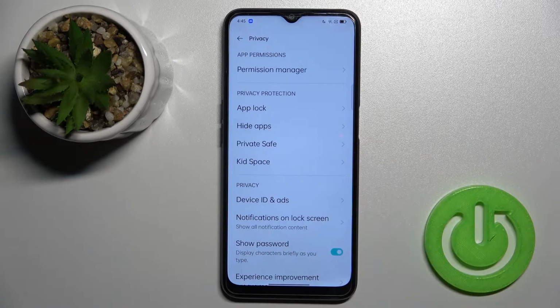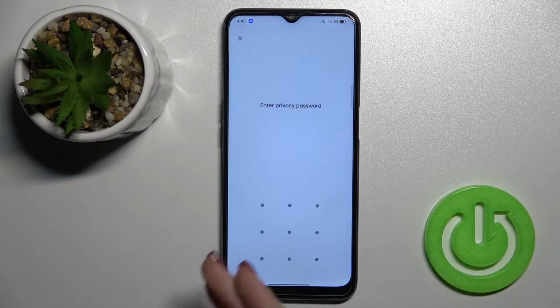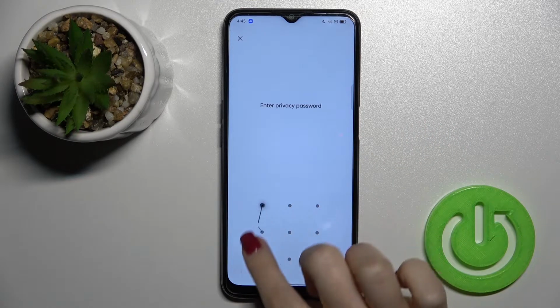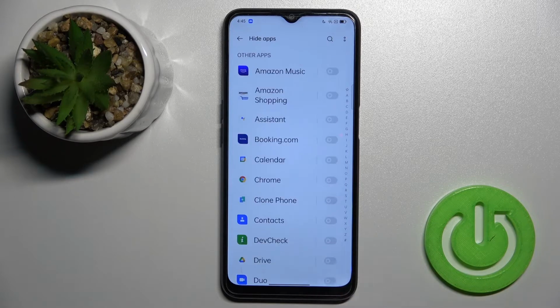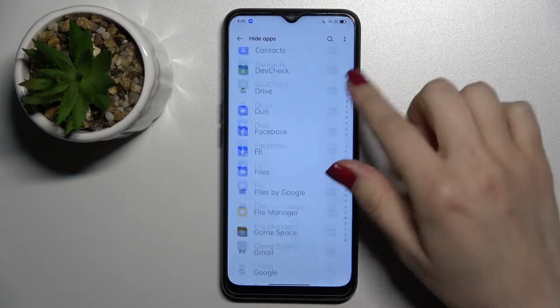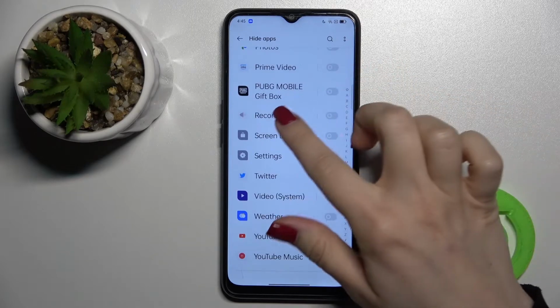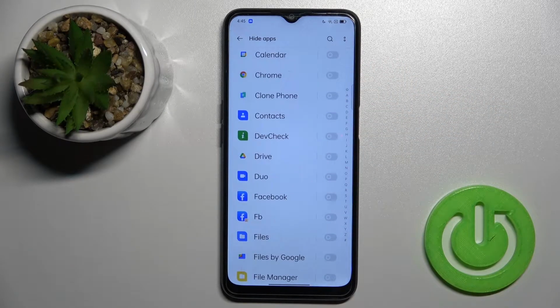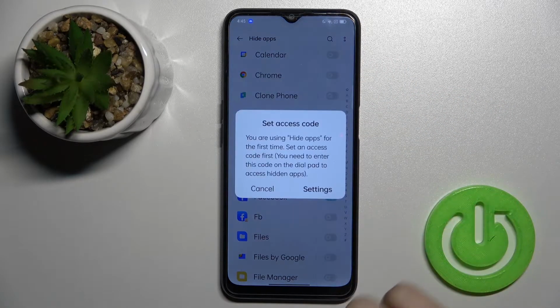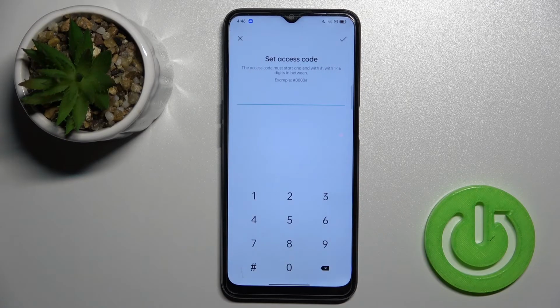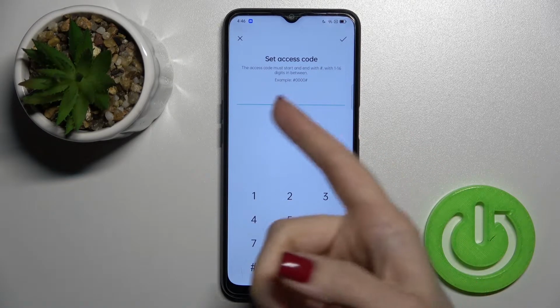Here click to the hide apps, and if you got the pattern or pin code on your device, you just enter here, draw your pattern for example, and now you got here all your available applications on your device. And for example we wanna hide the Facebook, so click here to the settings now, and we should here